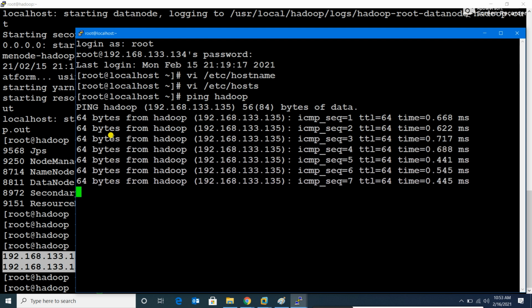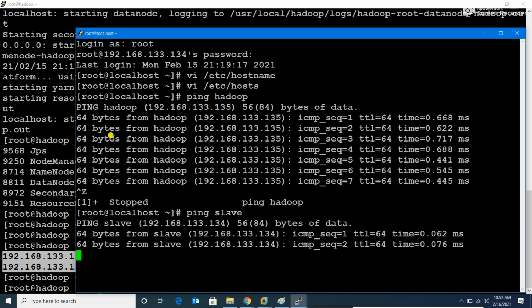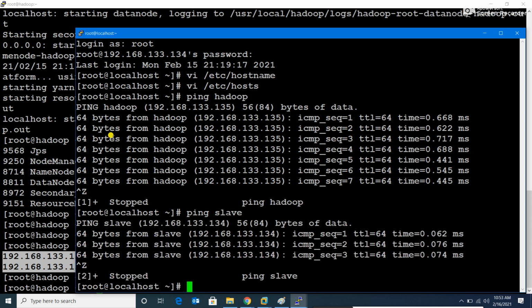In a similar way, if I want to ping the same machine, that is slave, I'm able to do that also without any challenge. Why am I able to do this? Because I have mentioned the IP address, space, the name of the machine, and therefore I'm able to use that name. Otherwise I'll have to type the whole IP.